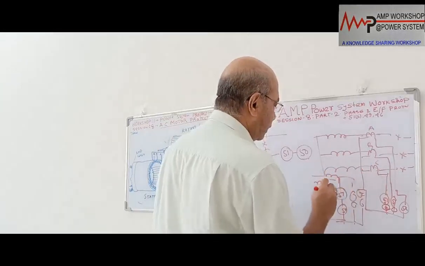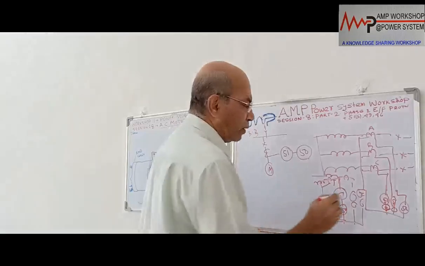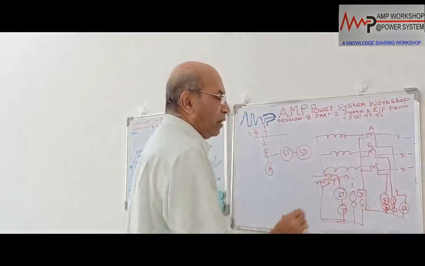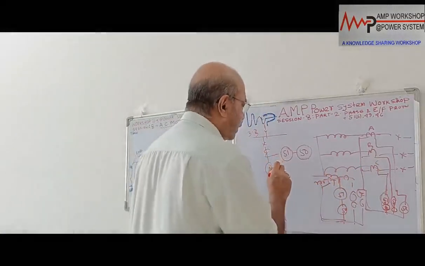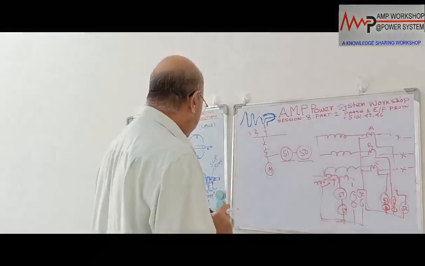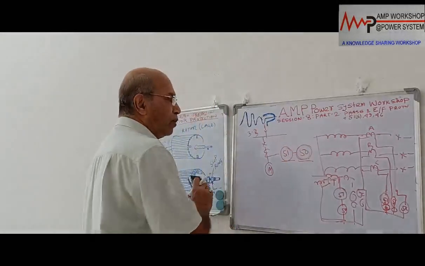CT is located over here, and then this CT is shorted and it is going there. So these will be in series, and then neutral will be coming over here, and this is shorted with this. This way you can provide overcurrent: two overcurrent protections, one is IDMT overcurrent, another is instantaneous overcurrent. But one thing we need to know before giving this instantaneous overcurrent protection, we need to know the system